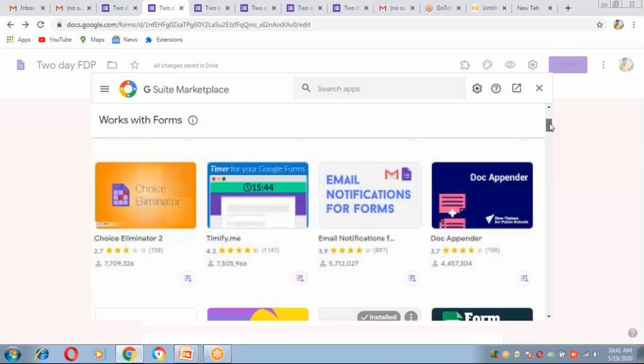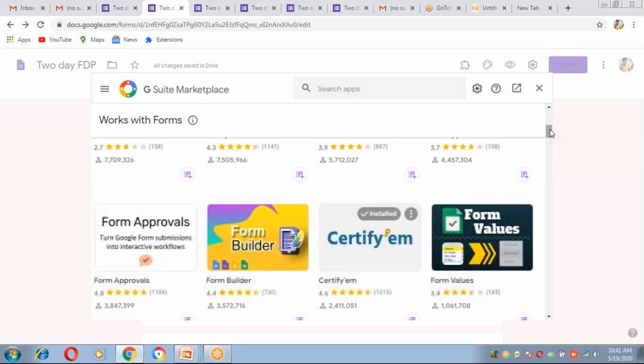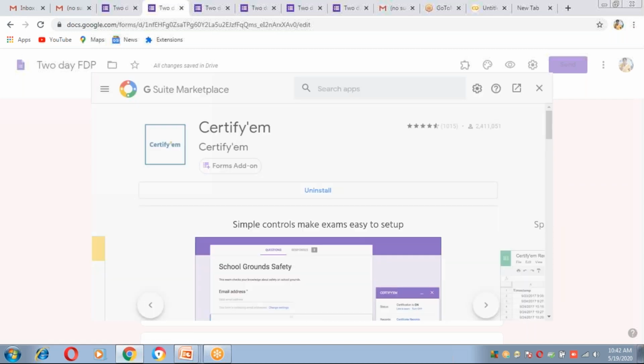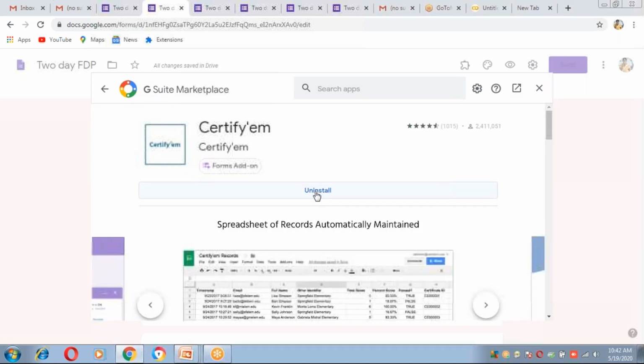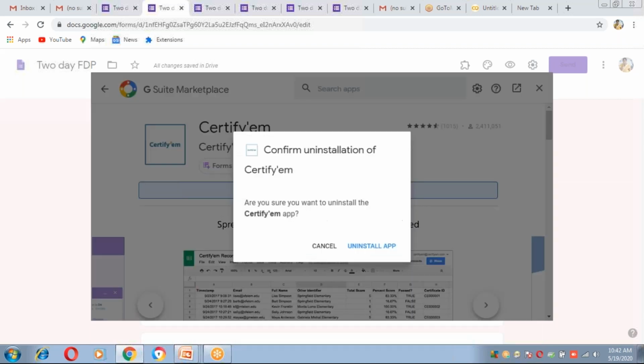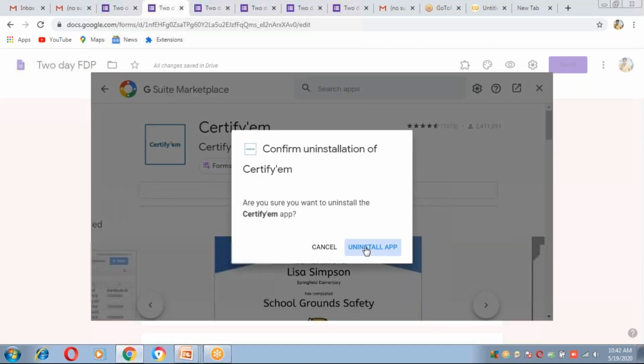To give the certifications for the students, click on this. Already I installed it. Actually we have to install, but already I installed. This one, Certify EM. First of all, again I am uninstalling this one.